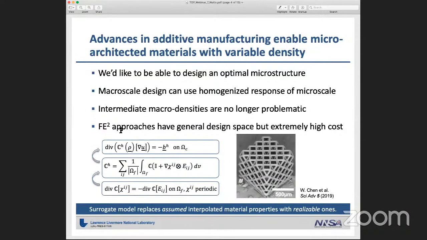One major upshot with this is that if you have a structure like this, you can have a density that's somewhere intermediate between 0 density void and 100% full density. You could have something which is 75% dense, and there are structures that will achieve that in a homogenized sense. And so you no longer have to drive your designs to pure 0, 1. If you end up converging to, say, 75% dense in a location, you have a microstructure that can achieve that.